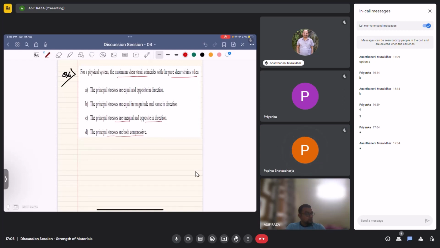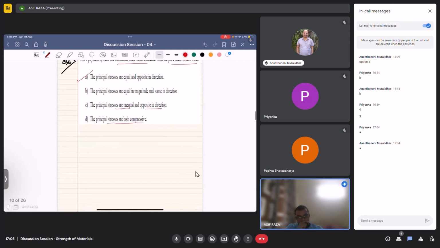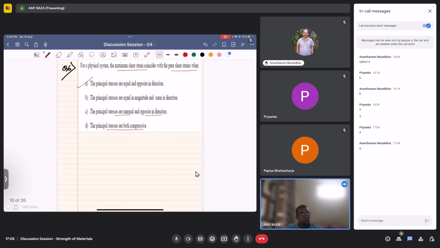Okay, so what do you think? What would be the correct answer? A, the principal stresses are equal and opposite in direction. Yes, so I hope all the audience agree that the correct answer would be option A. So if we draw the Mohr circle pertaining to this case, it would be kind of